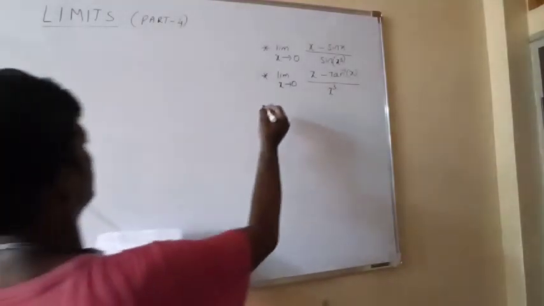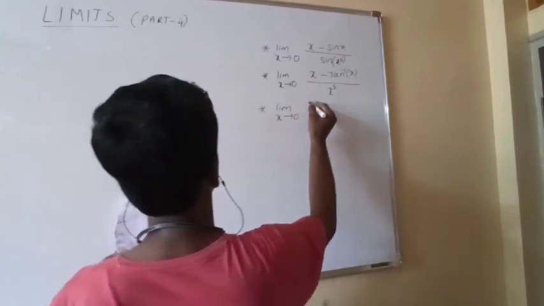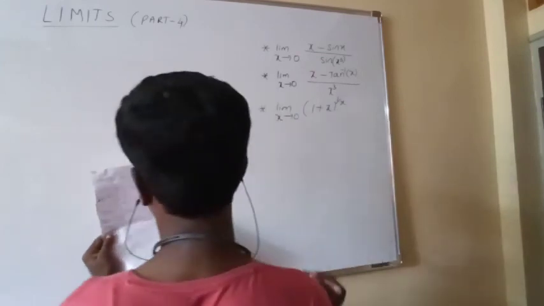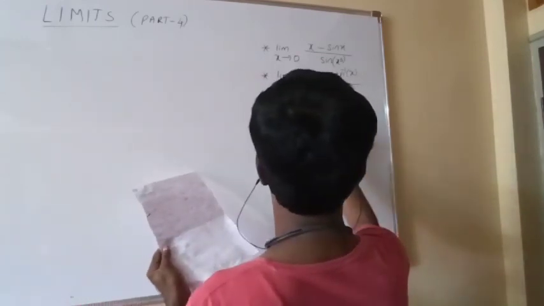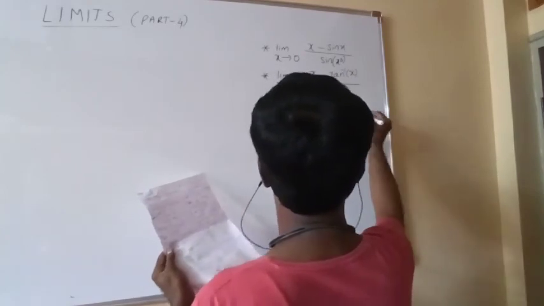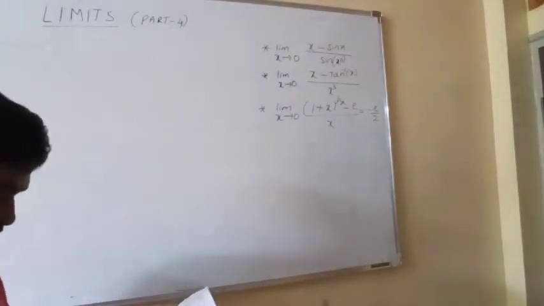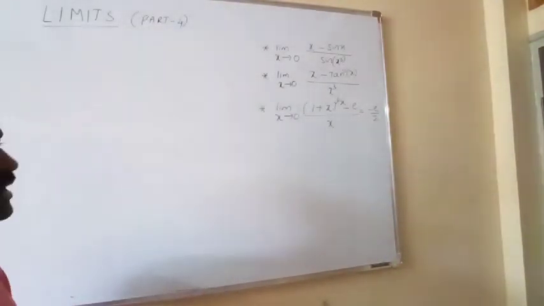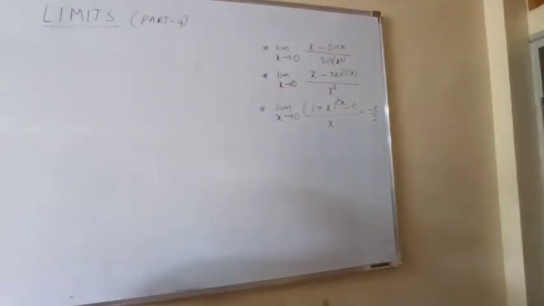And also remember this formula: limit x tends to 0, (1 plus x) whole power 1 by x, minus e, divided by x. In some books it is given e by 2, but the answer minus e by 2 is correct. Minus e by 2 is correct. Next, in limits only, problems based on sequences, and I am going to solve one more problem based on